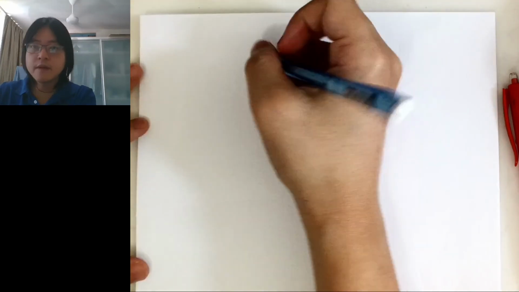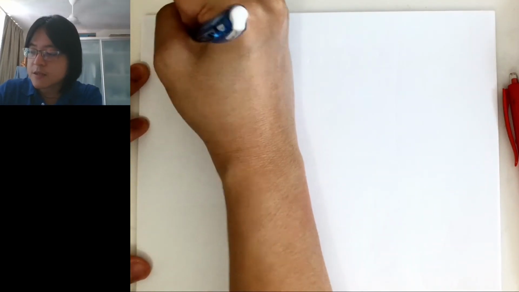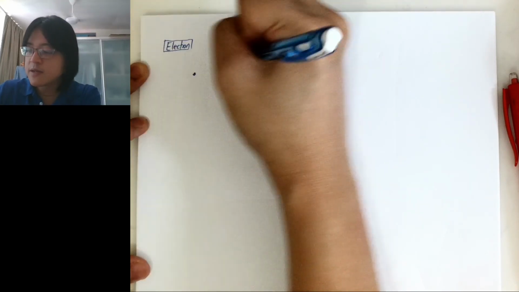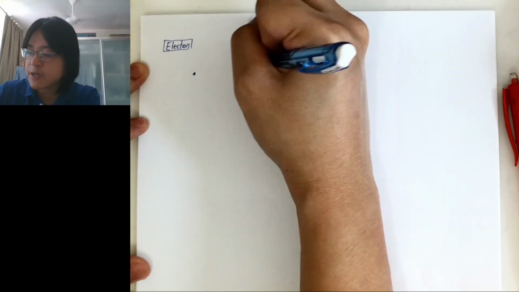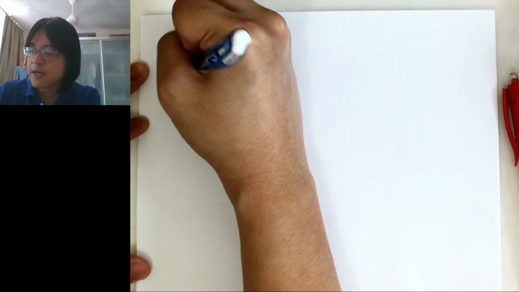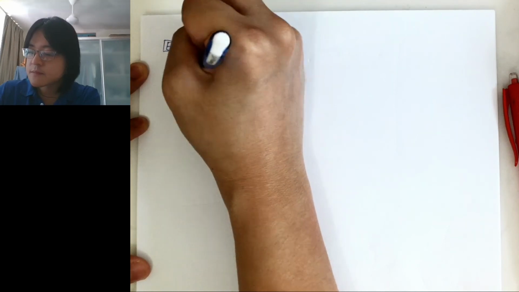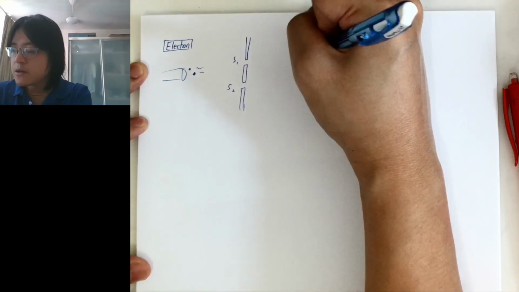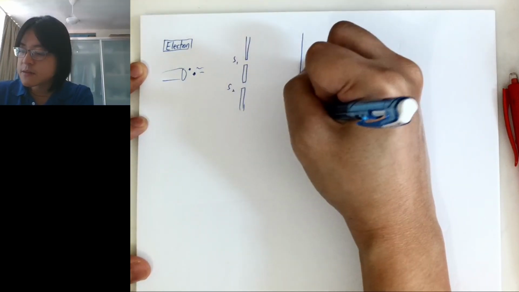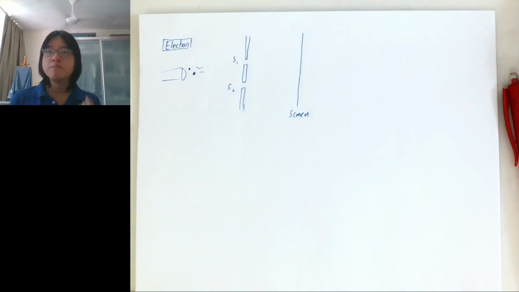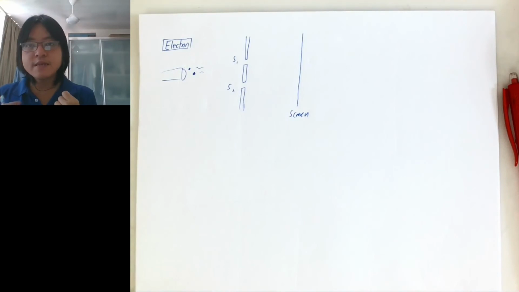So in ideal conditions, and we use electrons, ideal conditions means no external forces, in vacuum, the best vacuum that we can do. If you emit a bunch of electrons here, and then pass through 2 holes, and then you collect the electrons on the screen. Electrons are particles, so we expect them to behave like bullets. So what do we see on the screen?